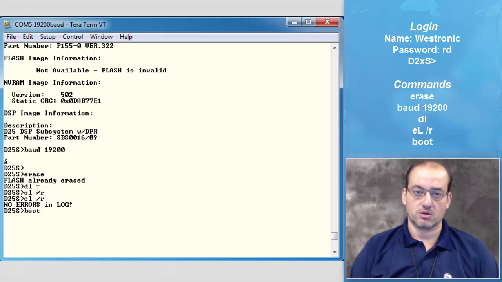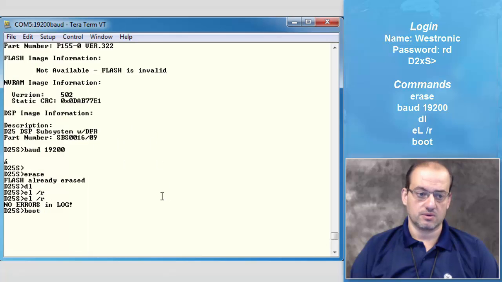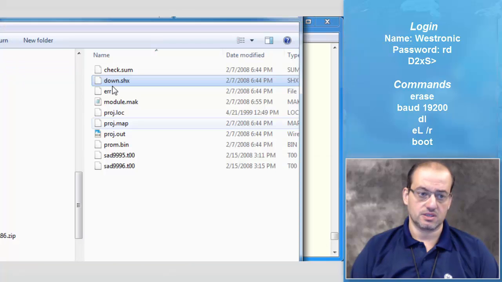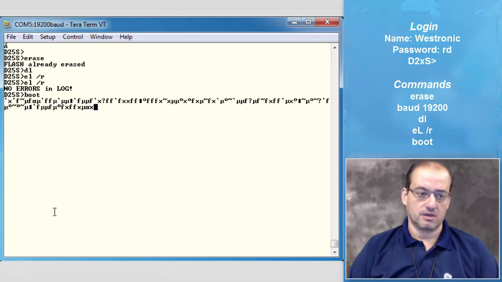Once you issue the DL command, we go file, send file, and you select your down.shx file, which is part of your SAL 999 or SAB number. Once the download is done, you issue the EL /R, and then you issue the boot command, and that would